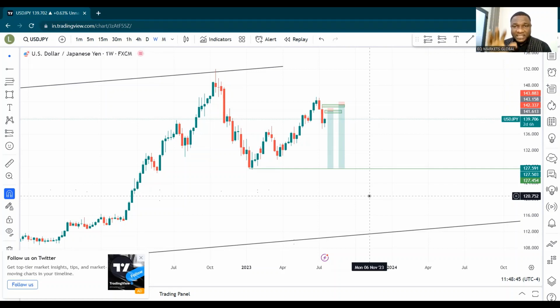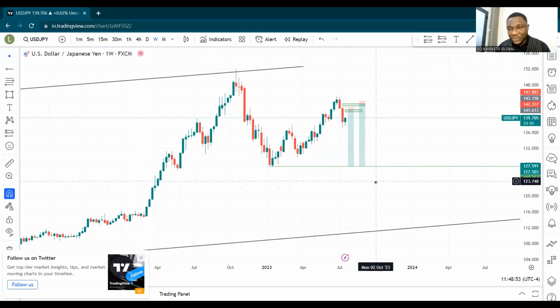I literally make top-down analysis all the time, and guess what? These analyses always play out as I analyze. Euro USD, I've been saying Euro USD was going to be buying in the last 3 months, but a lot of people were like, no. I said gold was going to be buying, right? But a lot of people said, no, gold wasn't going to be buying. Guys, gold has been super buying. Euro USD has been super buying.